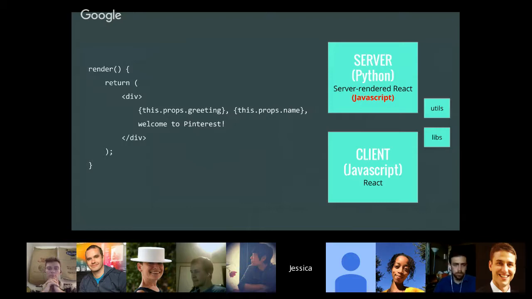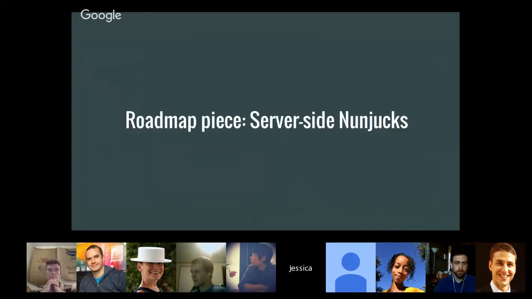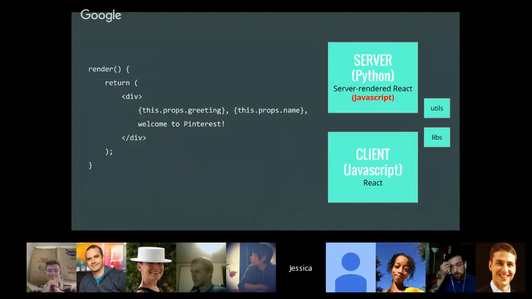We can't just shut Pinterest down for a couple months and convert all of our templates and tell everyone to wait until we're done. We need to find a way to make this change iteratively so that we don't interrupt the many developers developing new features on the site, and we don't interrupt the experience of all the users that are going to our sites, which is a lot of users. So we developed a roadmap to get from our current state to here.